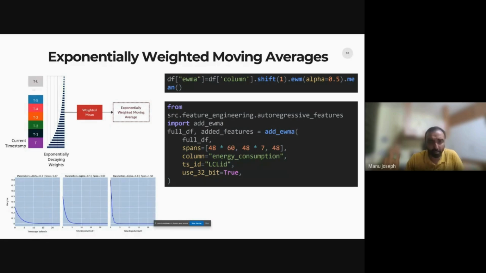So again, there is a method which is already defined. We can basically just define the different spans that I want, or you can even define the alphas that you want, and mention that this is the column that I want to do the moving average on, and this is the unique ID over which I need to calculate this, right? So all of these different features help us capture the temporal aspect of time series, because machine learning